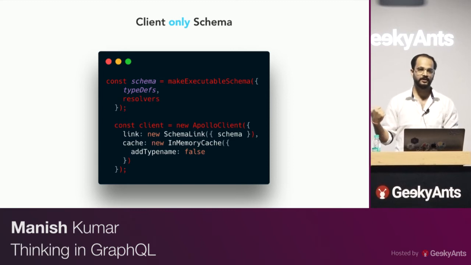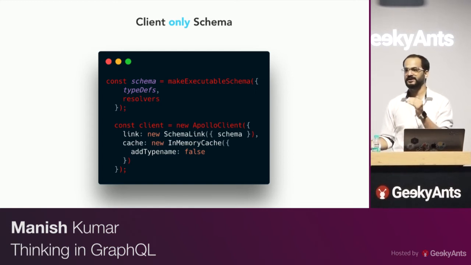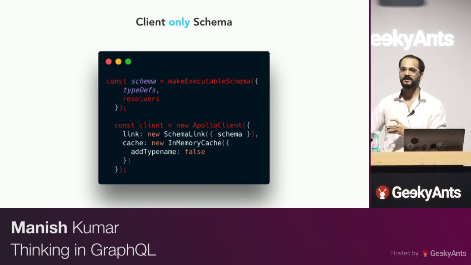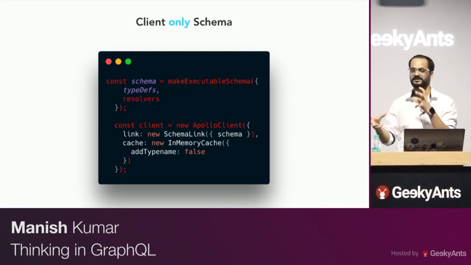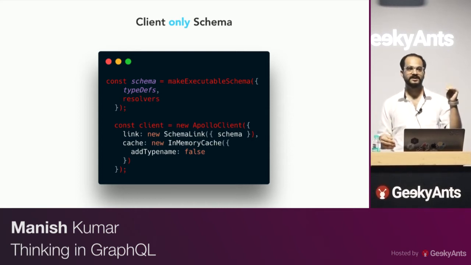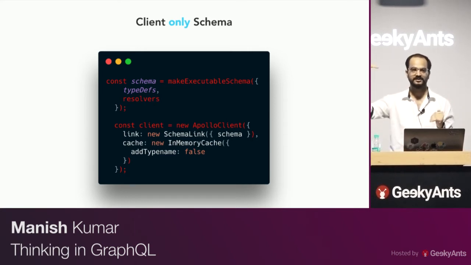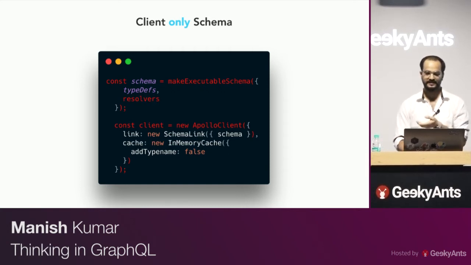There's something called client-only schema from Apollo that you can write, and it's exactly the same way you can write your schema on the client side, defining whatever you want. There are two important pieces. There's a type definition and resolver, which is, again, exactly same concept what you do on the server side. In type defs, you define the schema that I have a user type, I have a comment type, I have a post type, and then I have resolvers for this. I resolve for user, post, and comment, correct? And this is what is happening here.